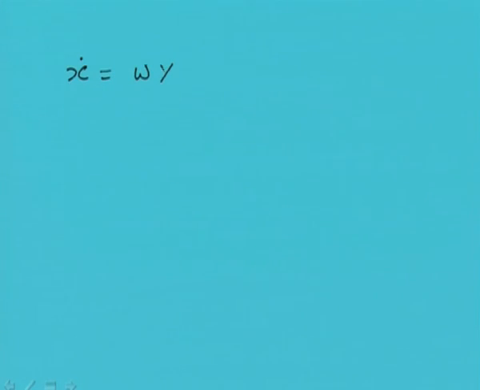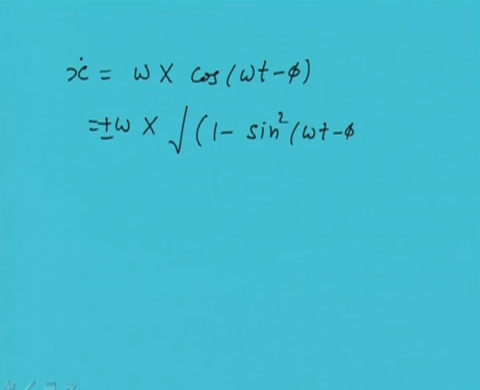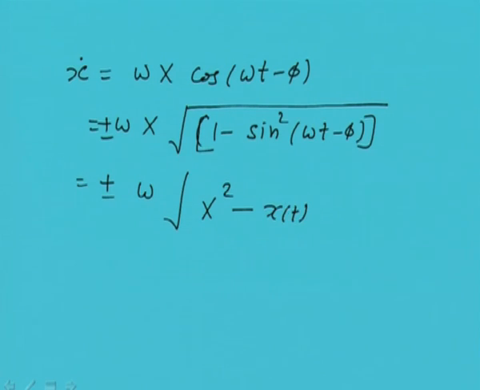velocity is given as this, and this can be rearranged like this, plus minus under root 1 minus sine square omega t minus phi, and if we take the X inside, this can be written as X square minus x square. This term becomes the small x because that is the displacement with respect to time. This is the amplitude, and this particular